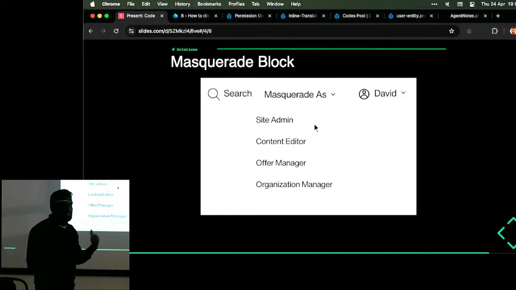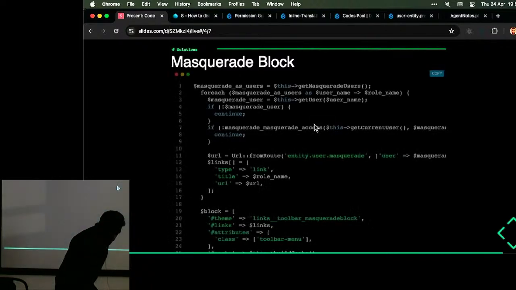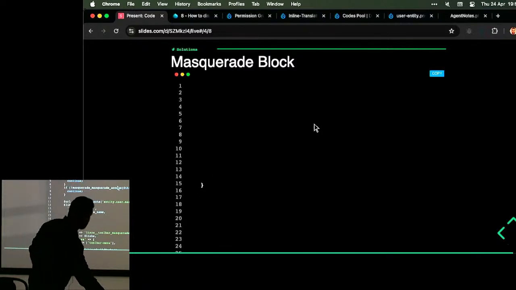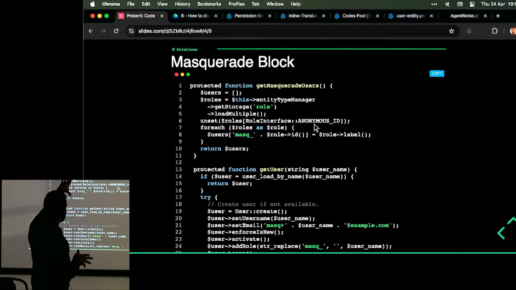So you can use an update hook, you can use default content, you export all these things, or voila, create a block and put the user details. Again, this works in any system. Actually, I was going to create a contrib module for this one, but then I felt it was kind of silly, but you guys tell me if it's worth creating one. So it fetches all the roles in the system. First, probably I should show this one. So get masquerade users goes and fetches all the roles in the system, and it adds masquerade underscore and the role name,